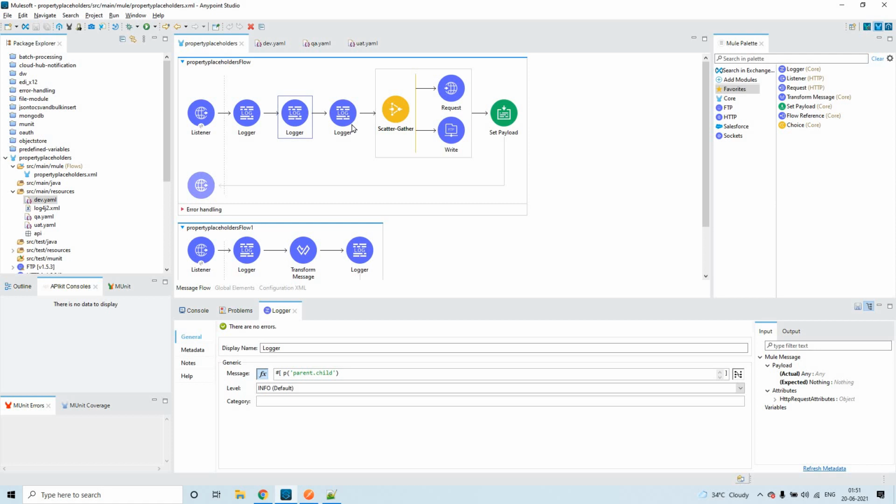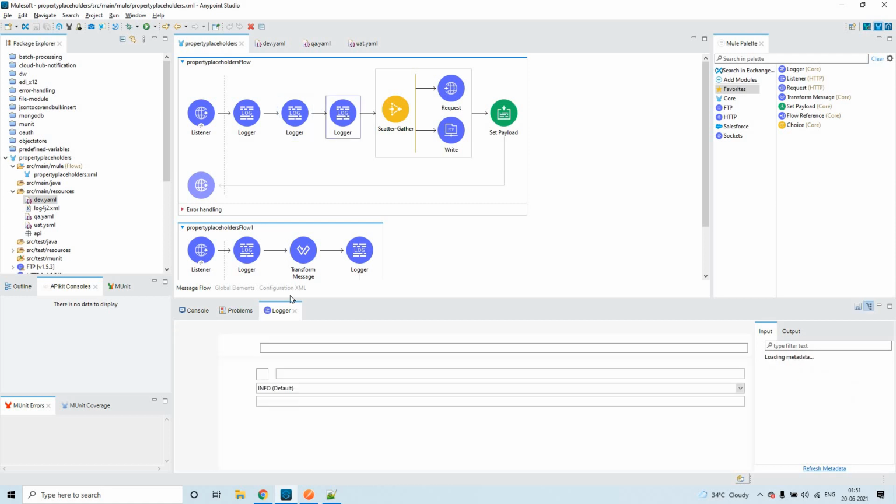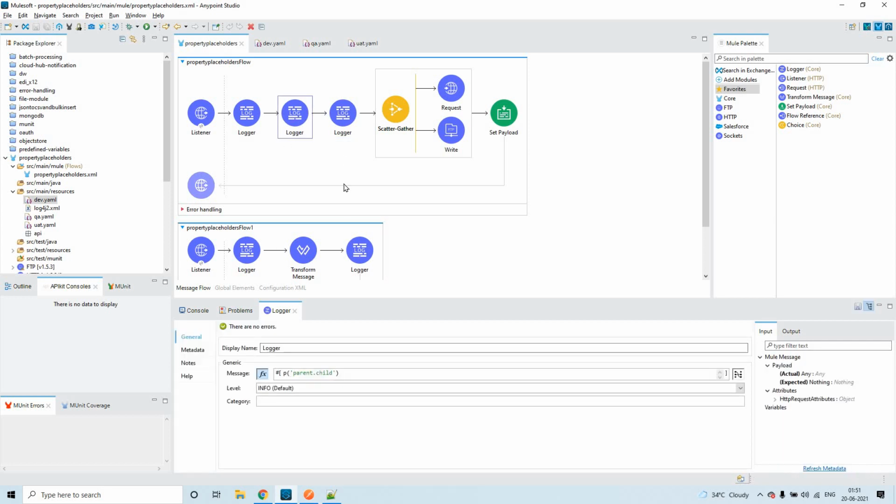Okay. Yeah. Now the same will be applicable here as well, but you see a little difference: here we are using P and there we are using dollar. We have enabled the expression mode to use a convention like P, but you need not enable this expression mode when you use dollar.